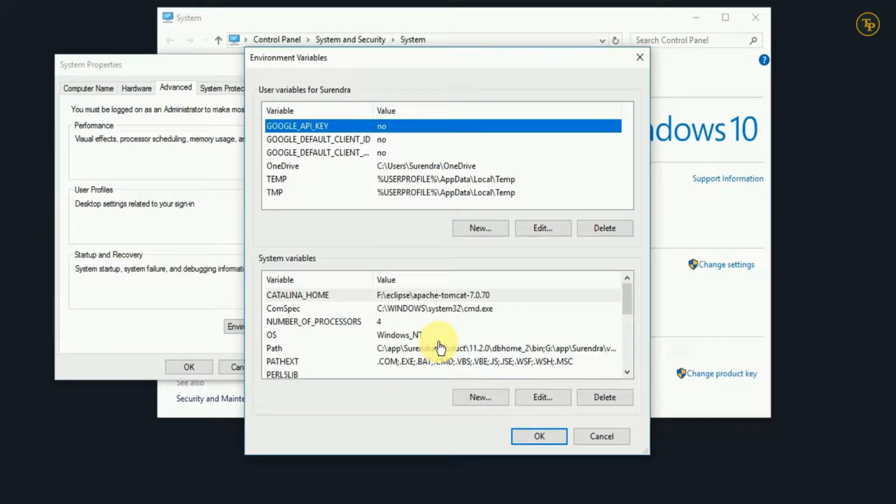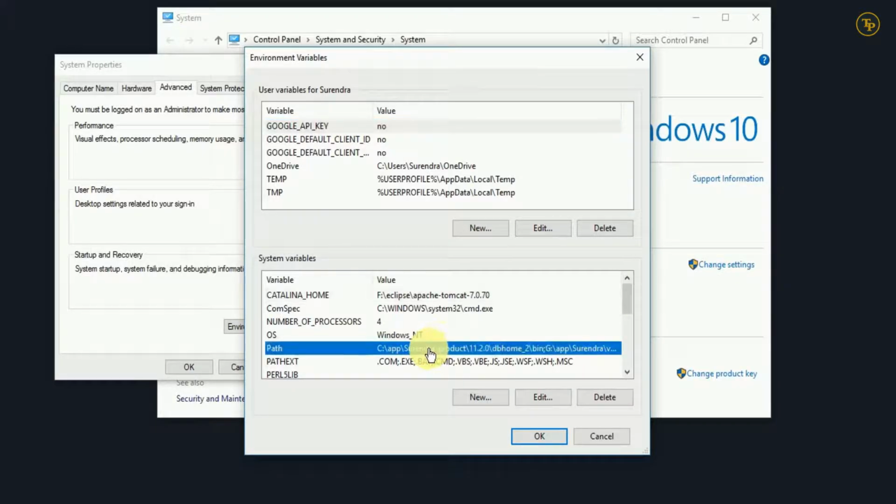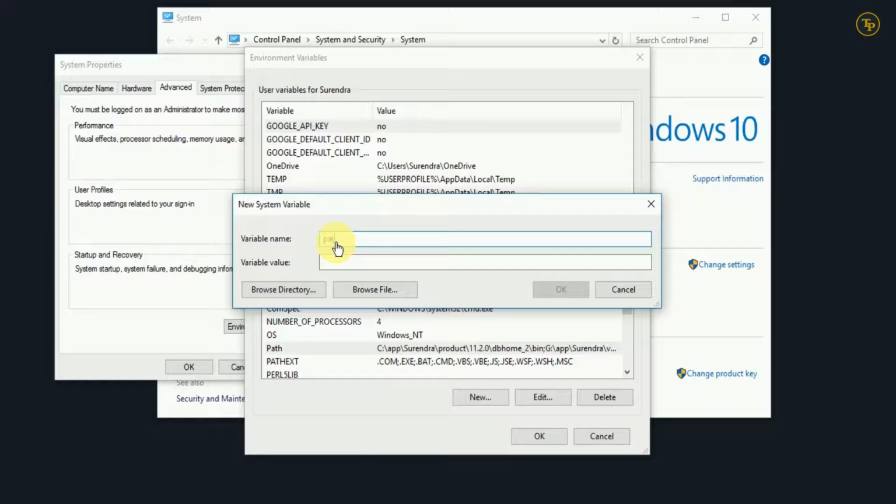Here we need to create a path variable first. But before creating path variable, check if path variable already exists or not. As you can see, in my case, there is already a path variable available. So I just need to edit it. But if you don't find the path variable here, you need to create it. And for that, simply click on the new button and provide variable name and value. For variable name, type path and for value, paste the JDK bin folder path which we have copied earlier and